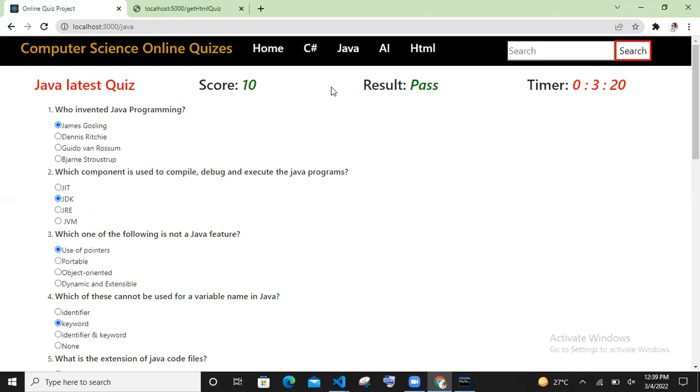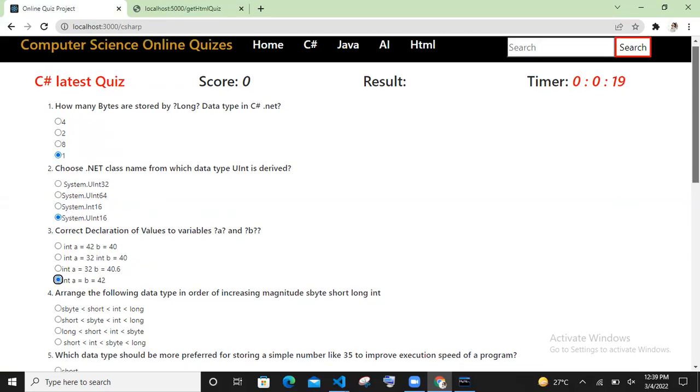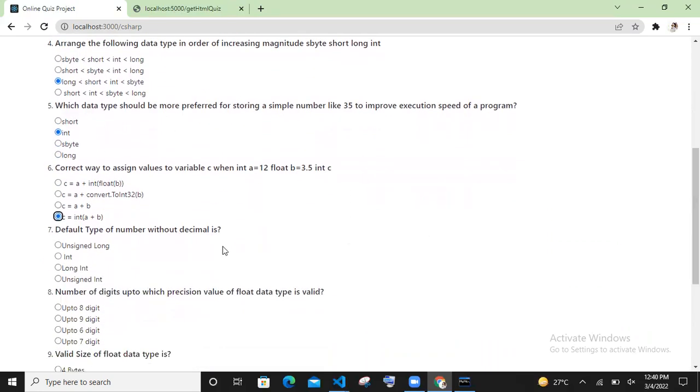So now, for instance, I am clicking on C sharp, and I will fail this test, so that we can check what the result and output of the quiz will be when I fail. I am randomly clicking on the elements. I don't know whether these are right or wrong, but I am still randomly clicking on these radio buttons.